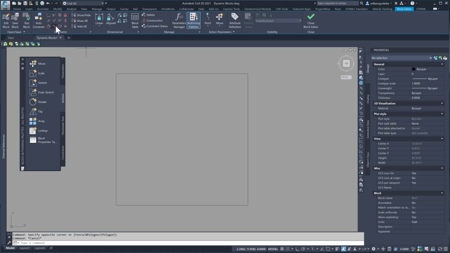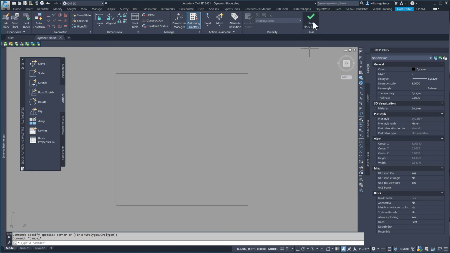geometrics, which has to do with making sure that something stays perpendicular or coincident or parallel. You can make information have rules, in a sense, based on grips. And then we have some linear, and then you can also create your own parameters, and that will happen with the parameters manager. So we'll get into all that, but I just wanted to show you for this video